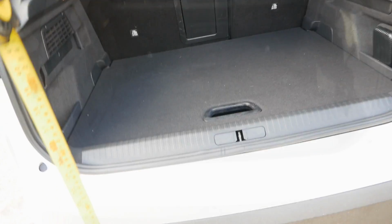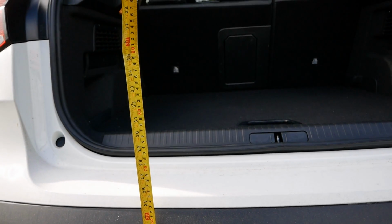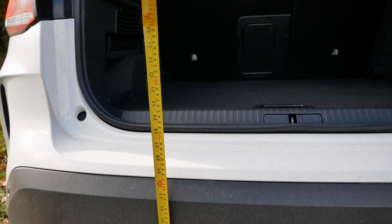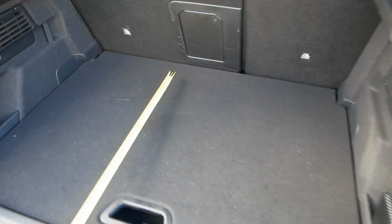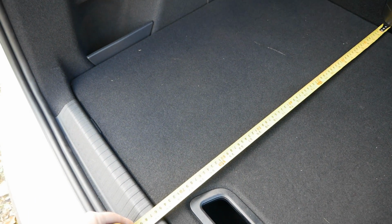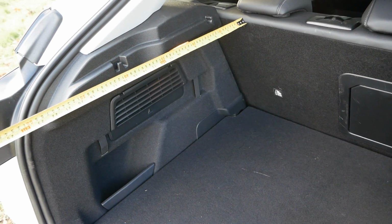So the load height, using the tape measure here, which is rather awkward because there's quite a gap between the back of the bumper and the floor there. I really need a level or a bit of card laid across the carpet, but anyway, I would say that is roughly 73 centimeters height, and then we're looking at a depth of roughly 76 to 77 centimeters,